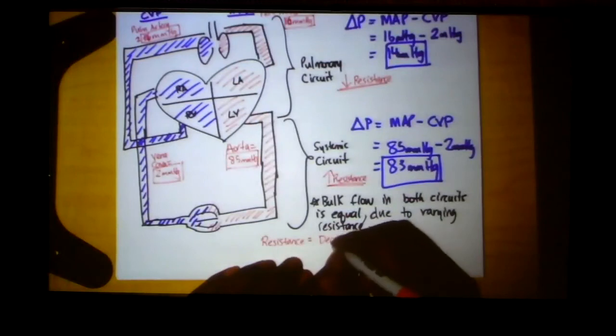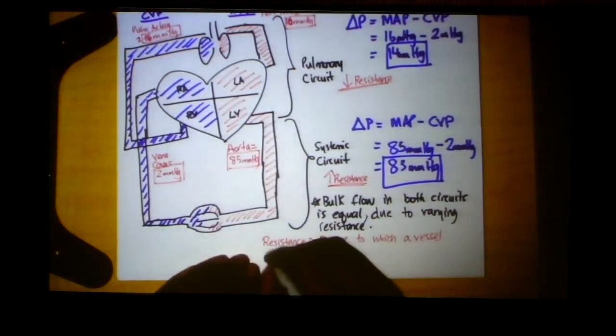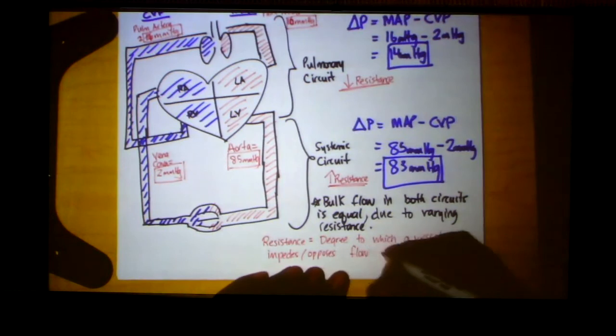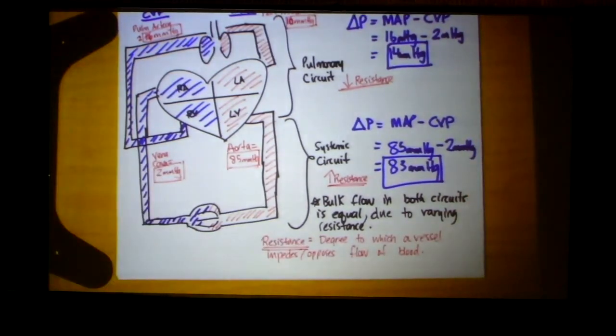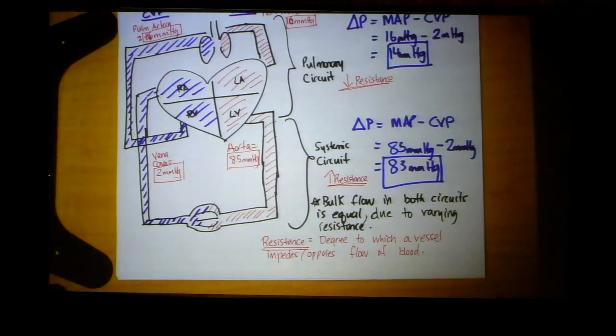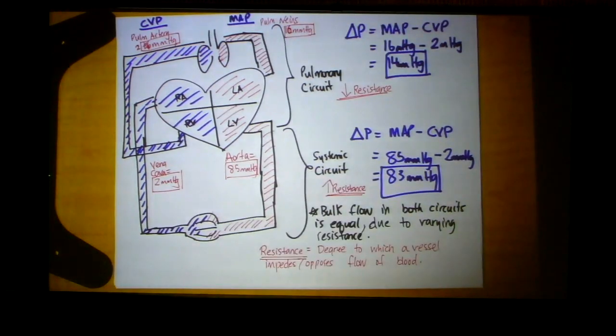So resistance is the degree to which a vessel impedes or opposes flow. Okay, we'll talk about some factors that affect resistance, but understand that resistance is anything that is blocking. Sorry, guys, I'm trying to get the focus. Okay. So resistance is anything that impedes or blocks or opposes the natural flow of blood. And we must take the resistance into account in order to look at the flow, okay? So the